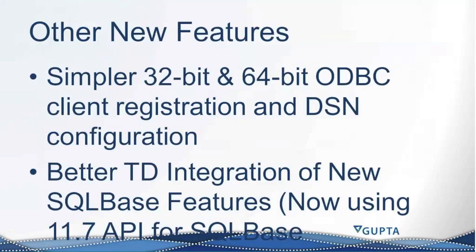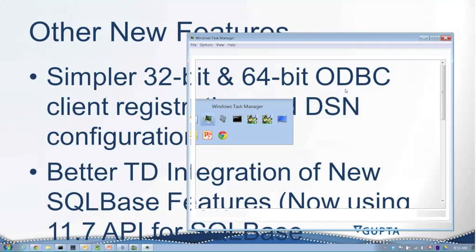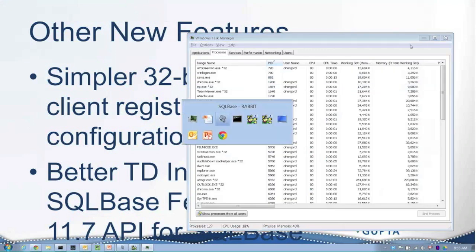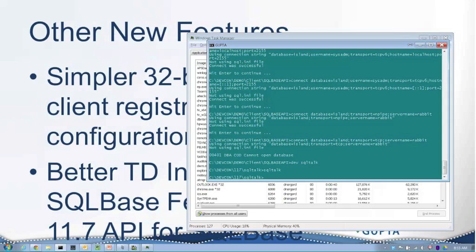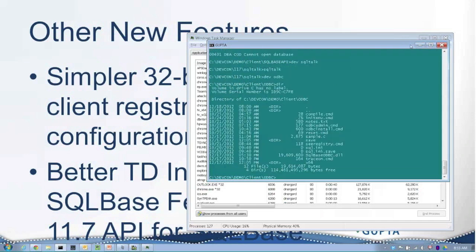I just showed that. We also have simpler 32-bit and 64-bit ODBC client registration and DSN configuration. And we've integrated these new SQLBase 11.7 features into TD. I could just show you briefly here our ODBC interface. I'll leave that up. I have the ODBC driver installed already,